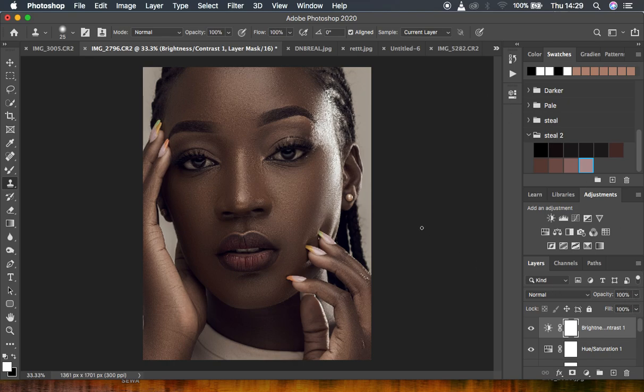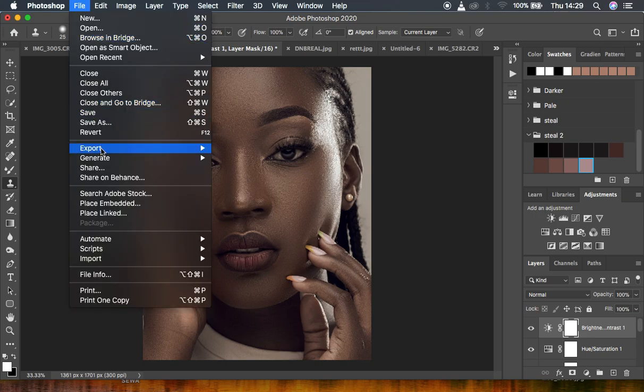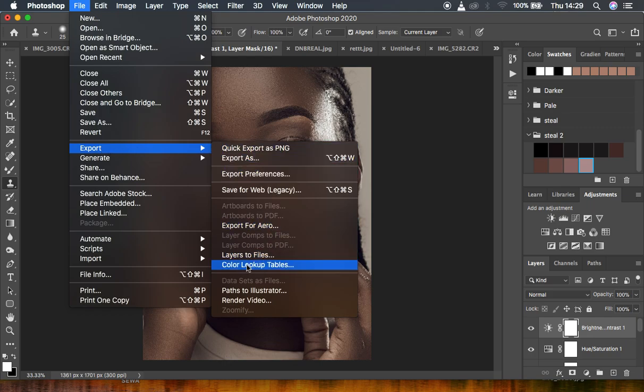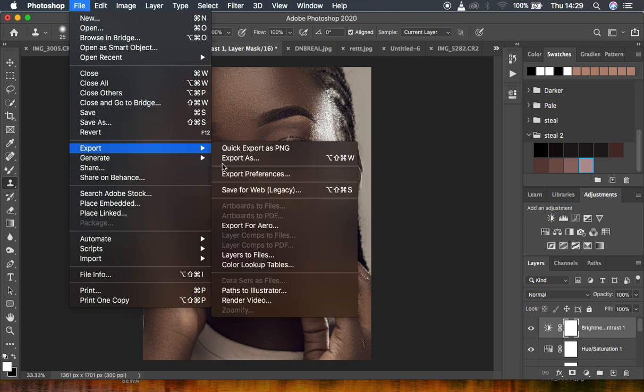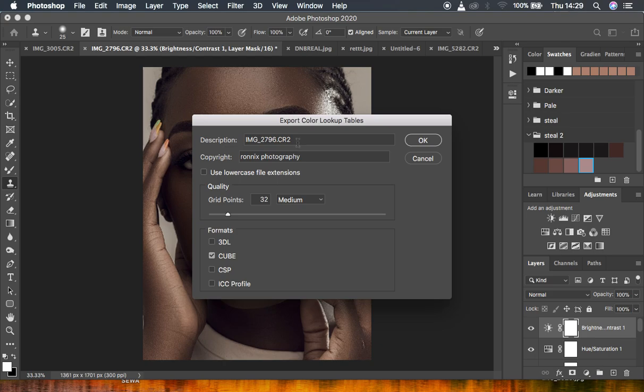So after you have applied those adjustments to your images and you're comfortable, it is time to save your LUT. In order to save it, you simply have to come to File, Export, and come to Color Lookup Table. So File, Export, Color Lookup Table, and just hit on it. You can now come and maybe let's save this as melanin trial, just like that. And I'm going to